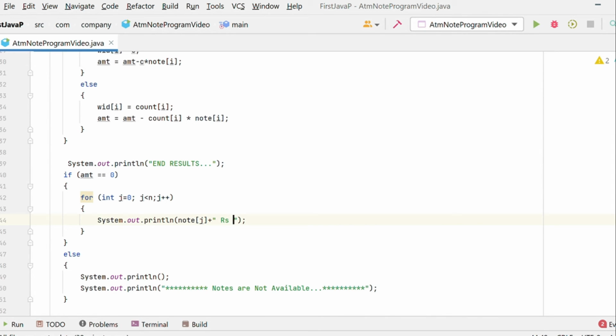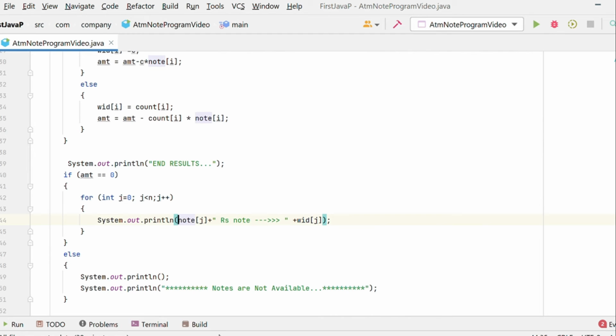So what is the message? Rupees notes. The message is like we require 2000 rupees of notes, how many? This amount will be shown here with count of j.